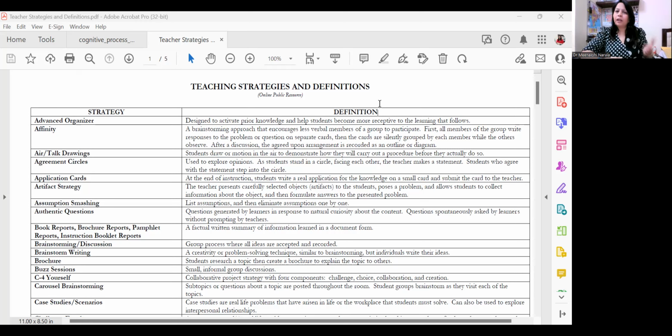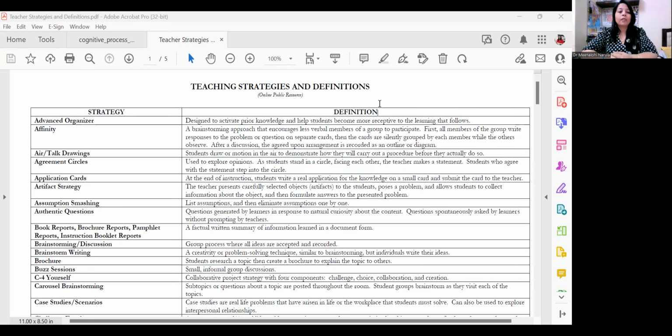Otherwise, if the chapter ends and you ask your students, okay, fine, if you have any queries, they do not come up with that. And even if you ask them, everybody has to ask one question each, even then some of the questions they have just asked for the sake of asking, because it is their turn, right? So authentic questions are those that strike the mind of the child when you are delivering content, when you are explaining a process, when the teaching learning process is going on. So please do encourage your students to ask such kinds of questions.